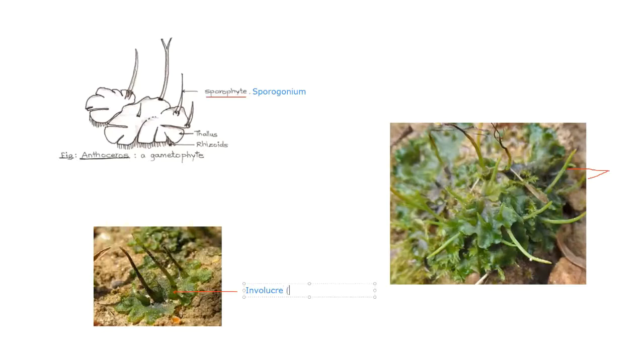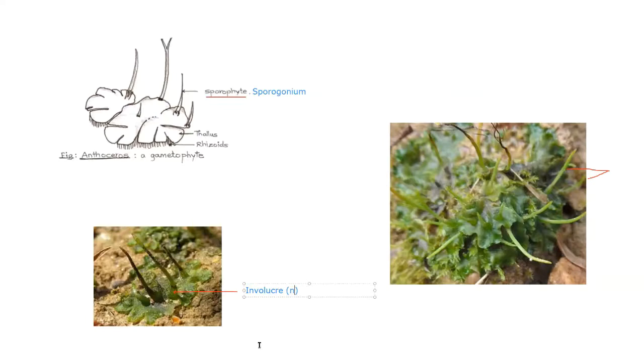And that's the reason why the ploidy level of this involucre is haploid, because the gametophyte is haploid. So it's a gametophytic tissue. Remember, it is not a part of the sporophyte, but yes, the base of the sporophyte is covered by this collar-like structure from the gametophytic tissue, and that is referred to as involucre.